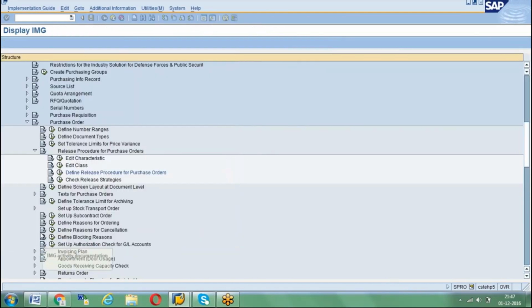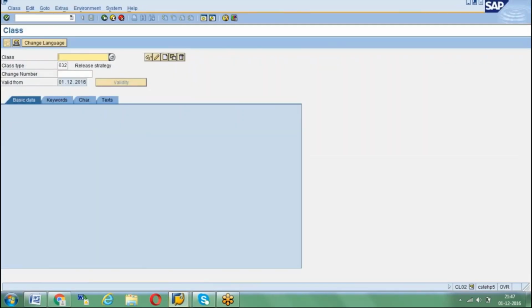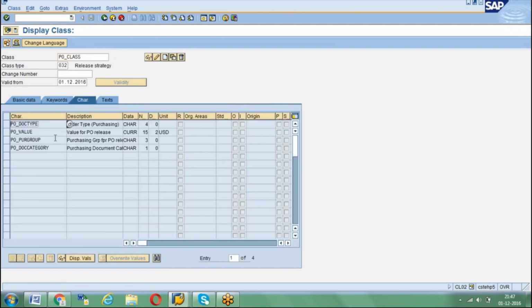You are asking like we have CL02. Okay, we have to see our PO_class, PO_release. You can go in display mode. Okay, here we have different characteristics. Okay, if you go to any characteristic,